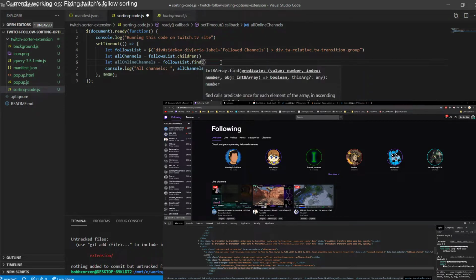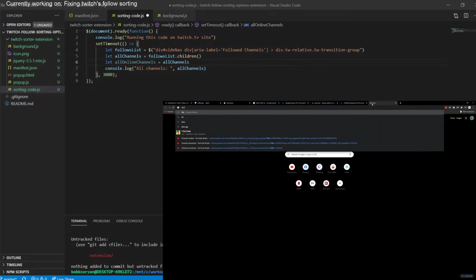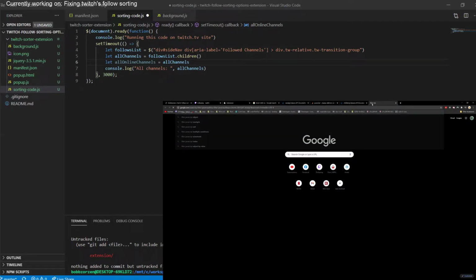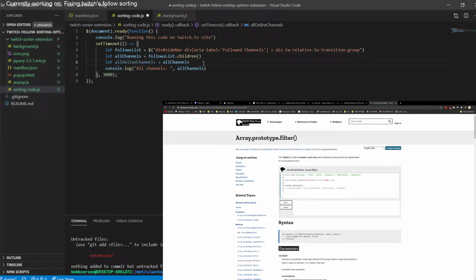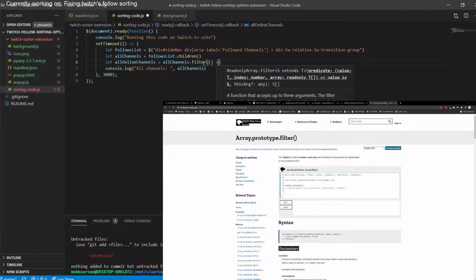No, dot find. No, that's not what I want. So I want all channels, and then I think we want to filter. Yeah, so this is an array. So we say all channels dot filter, and then we say